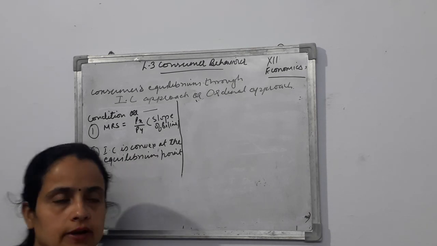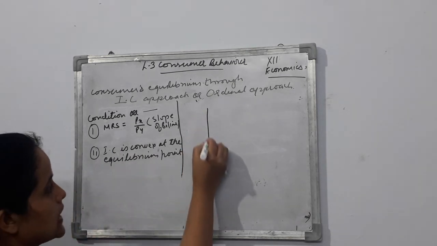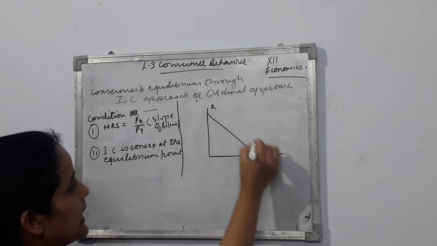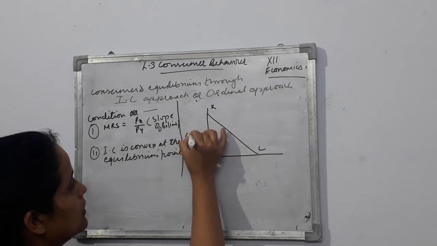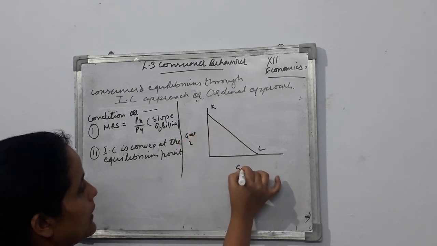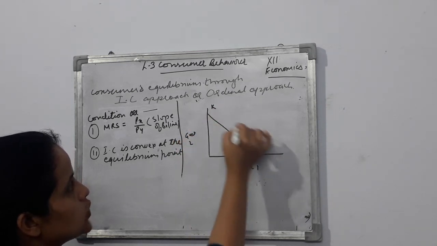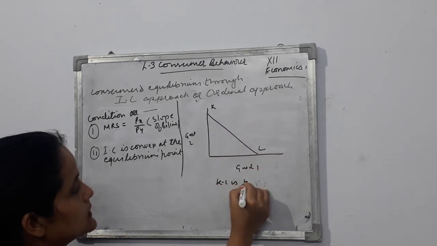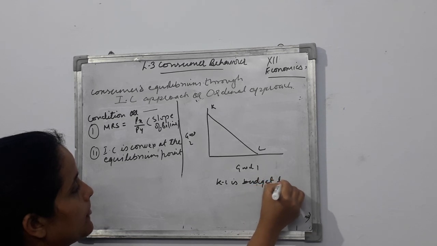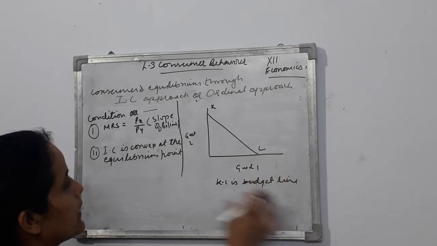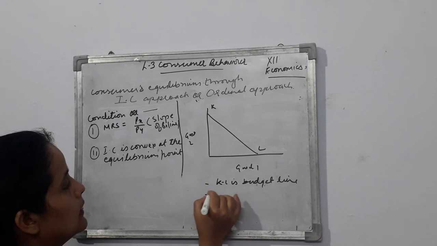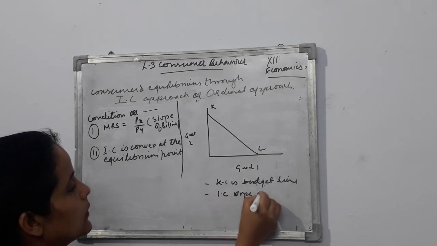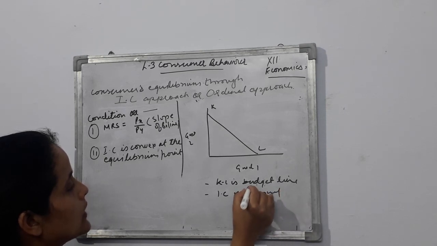MRS is the slope of indifference curve. तो अगर हम इंडिफरेंस कर्व और बजट लाइन की स्लोप को बराबर कर दें, ये आपकी बजट लाइन है, इसको नाम दे दो KL, ये आपका गुड 2 है, ये गुड 1 है, ठीक है, KL इज बजट लाइन. ठीक है। अब हमको बजट लाइन की और आईसी की स्लोप को एक दूसरे के बराबर कर देना है।